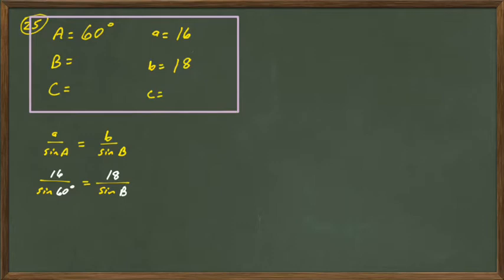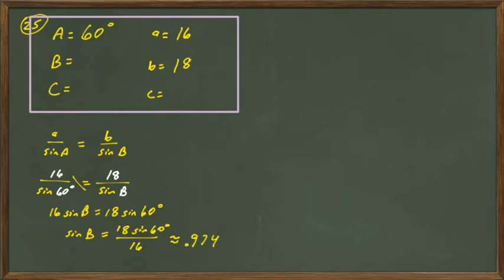So I filled everything in. That gives me 16 times the sine of angle B equals 18 times the sine of 60 degrees. So the sine of B is going to be 18 times the sine of 60 degrees divided by 16. Hopefully this value is between -1 and 1. Otherwise, it would not be a triangle like the previous question. 18 times sine of 60, take that number, divide by 16, and I get